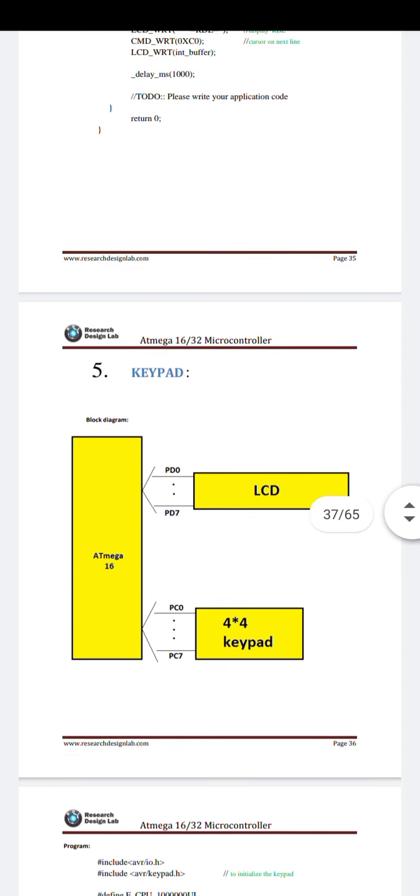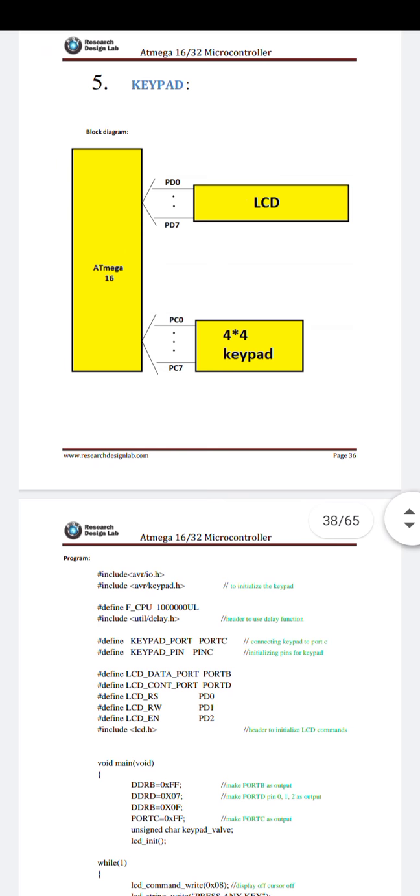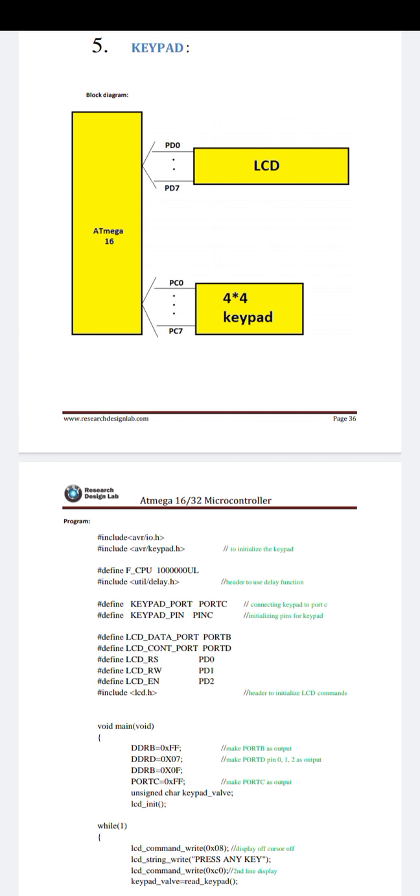Now the next part is keyboard interfacing. The keyboard interfacing or keypad interfacing, it is the key part, that is the 4x4 matrix used here. There are two applications used here, that is the LCD and keypad. That means there are two programs added here, LCD interfacing and keypad interfacing. The LCD interfacing is used on pin numbers PD0 to PD7 and the keypad or keyboard interfacing is PC0 to PC7. There are two ports used here, PD0 to PD7, that is the D port, and the C port.